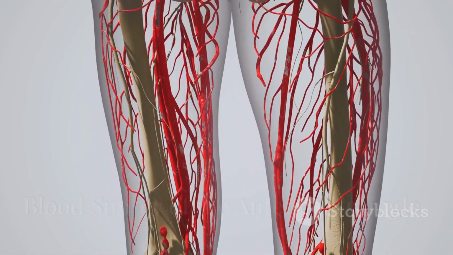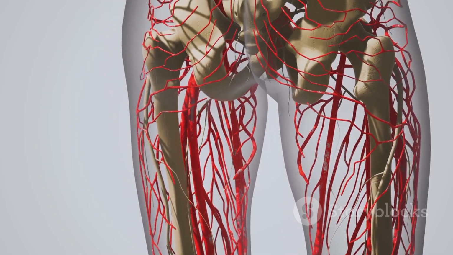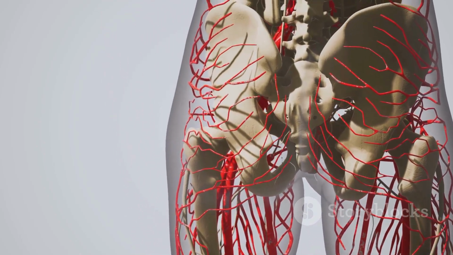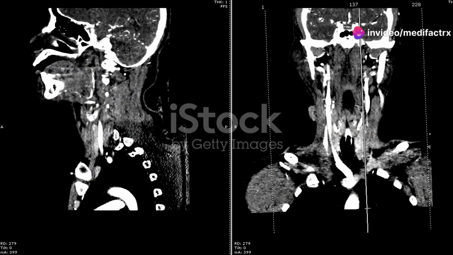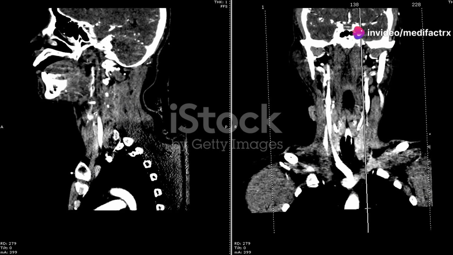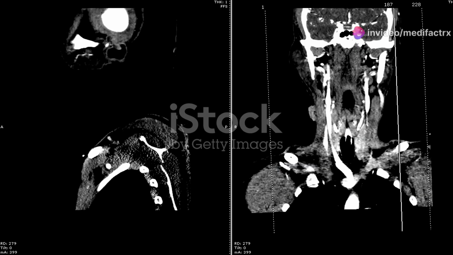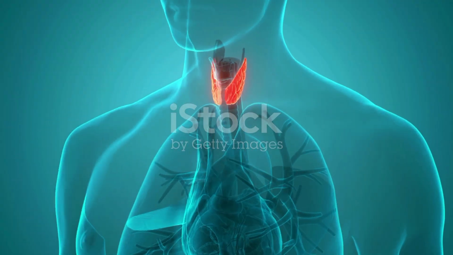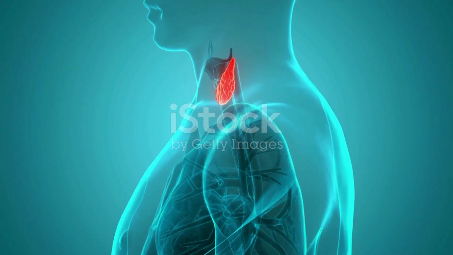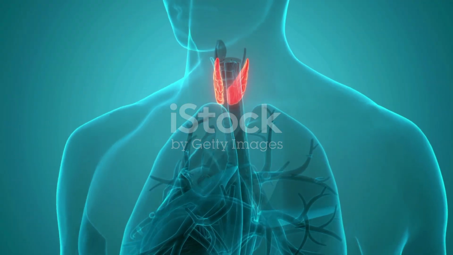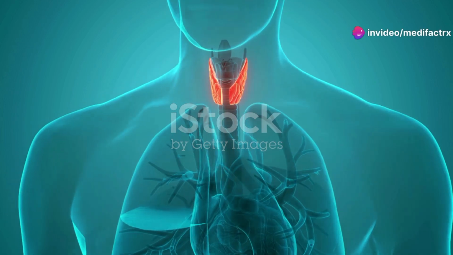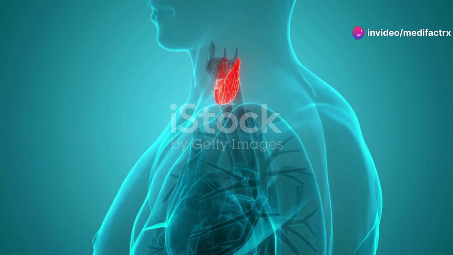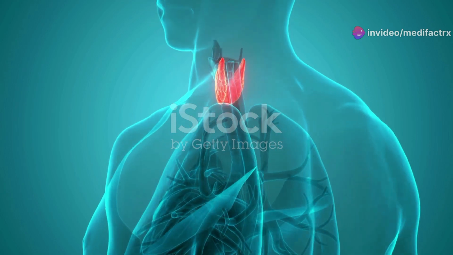The blood supply of the anterior triangle is rich and complex, playing a crucial role in nourishing the various structures within this region. The primary arterial supply comes from branches of the external carotid artery. The superior thyroid artery, the first branch of the external carotid artery, is a key player in the blood supply of the anterior triangle. It descends along the lateral border of the thyrohyoid muscle to reach the superior pole of